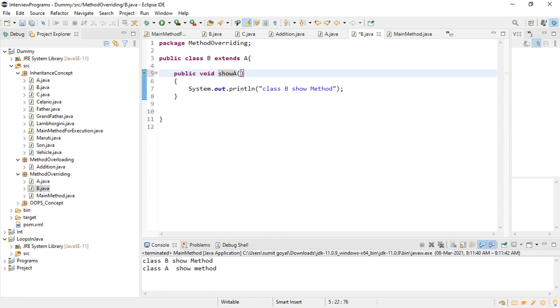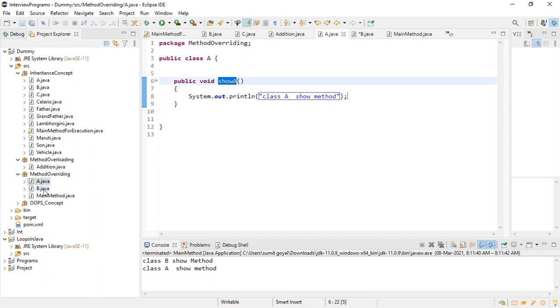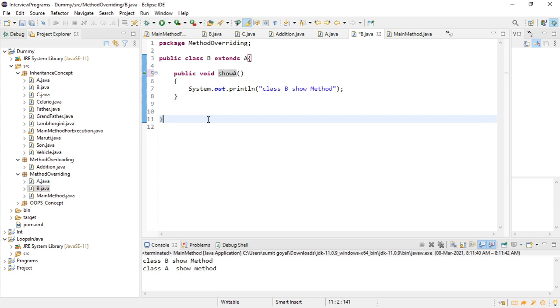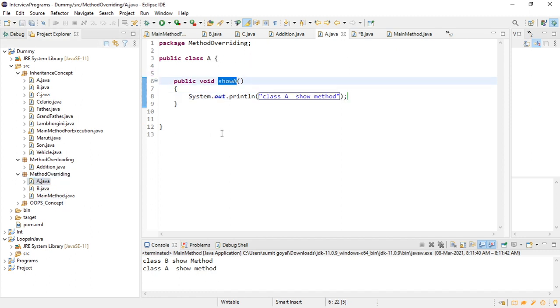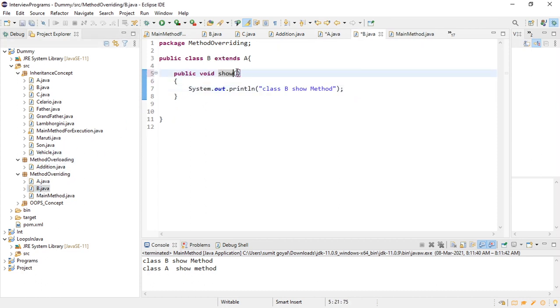So if I try to read what that green sign says, it says overrides the method present in the class A, which means as I'm using extends keyword, and the method names are the same, right? Here it is same and here it is same, right? So now you can change some other definition here, right? Earlier we were making different methods to show some data. So instead of this I will say show, because I know that I can use method overriding, right?